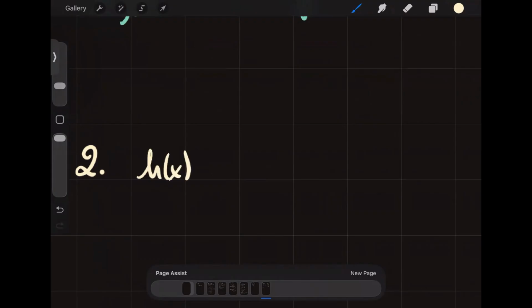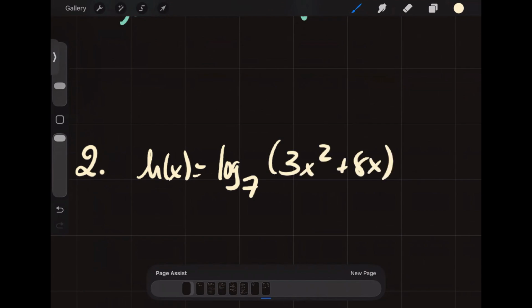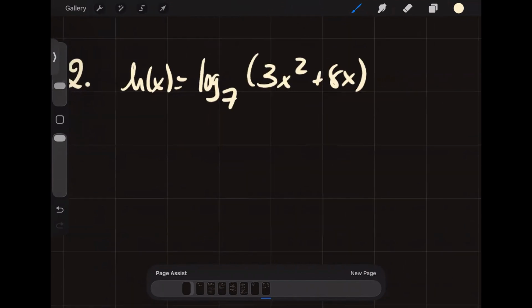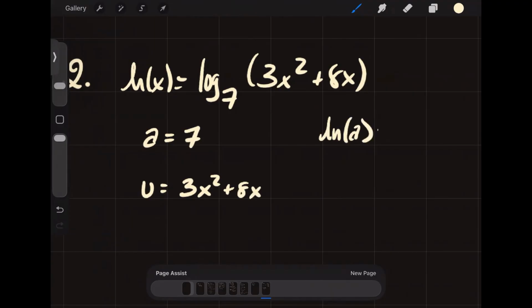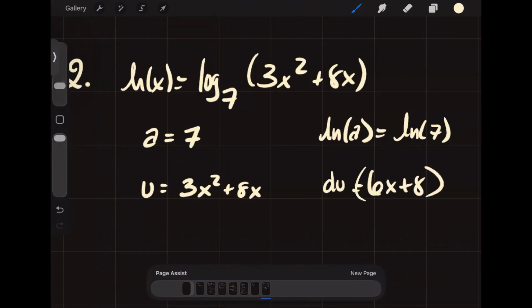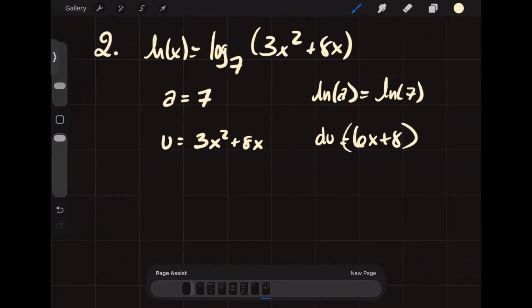What about if I give you h of x is equal to log base 7 of 3x squared plus 8x? Again, your a is going to equal 7. Your u is going to be 3x squared plus 8x. ln a is going to be ln 7. du is going to be 6x plus 8. Put that in parentheses. And that means h prime